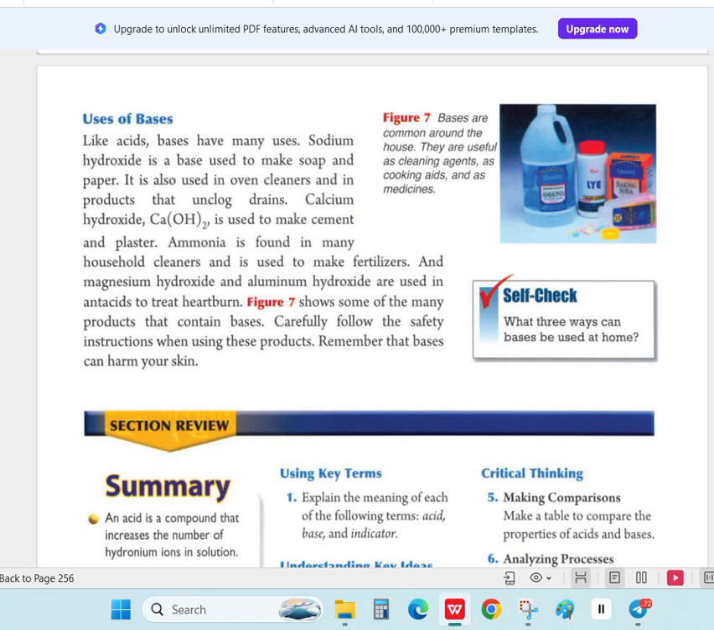Sulfuric acid, fluoric acid, for example, carbonic acid,